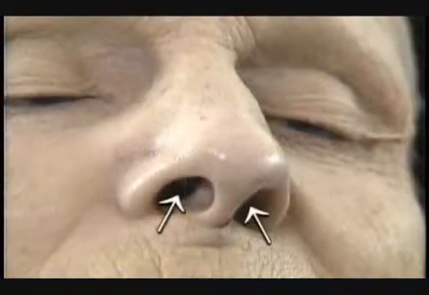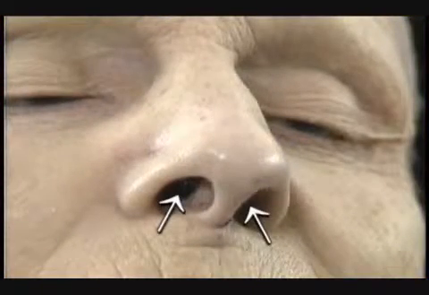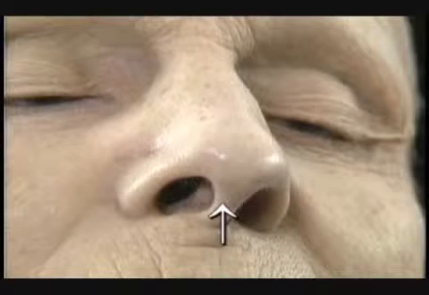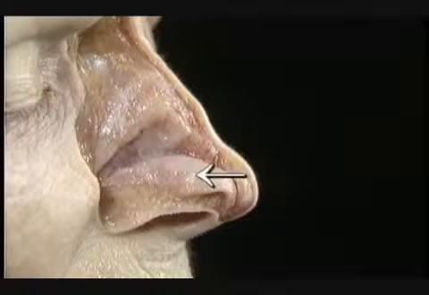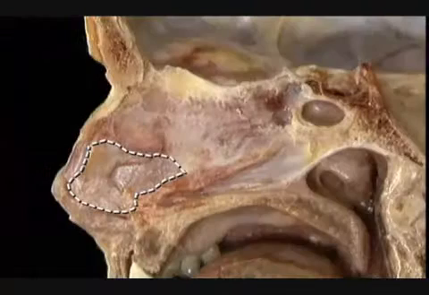The function of the auditory tube is to keep the pressure inside the middle ear the same as the pressure outside it. Now, let's review what we've seen of the upper part of the air passage. Here are the nostrils, or anterior nares, the columella, the lateral cartilage, the alar cartilage, the septal cartilage,